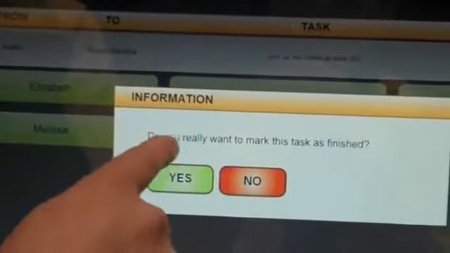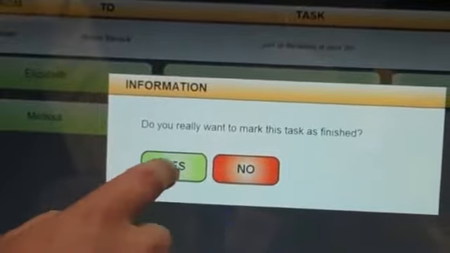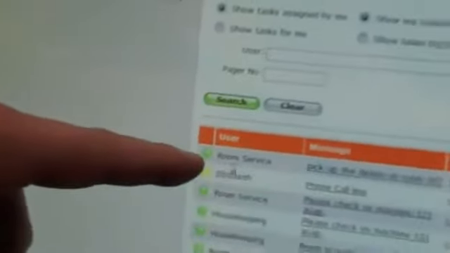I'm going to mark it as finished, and you can notice it clears it off the screen. Now, if I come back here, the person who assigned the task can have a list here, tasks assigned by me. If you look over here, there's tasks assigned for me, but also tasks assigned by me. If I hit more, I can see room service, pick up the dishes at room 203, was completed at this